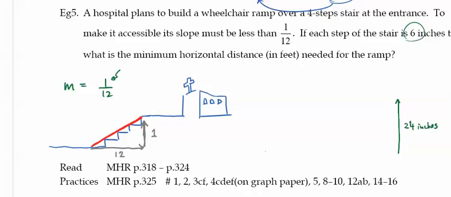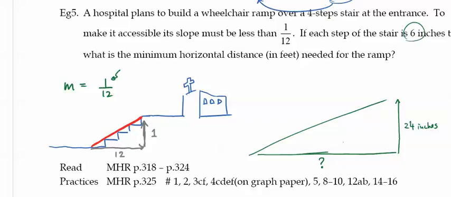So how long would it take for us to keep this ramp having a slope of 1/12? How long do we need to build the ramp? What is the horizontal distance in this case? 24 times 12. Well, some of you will be able to come up with the answer right away, but if you have trouble